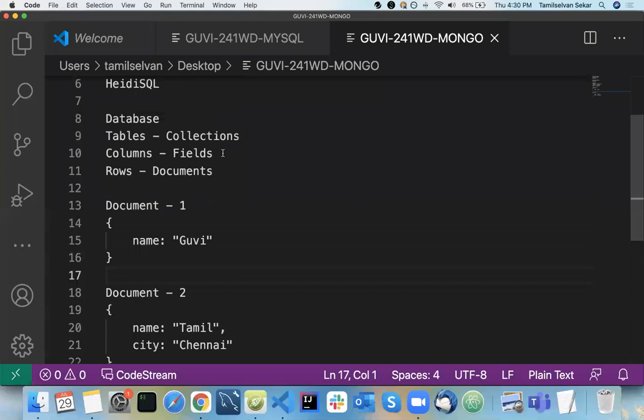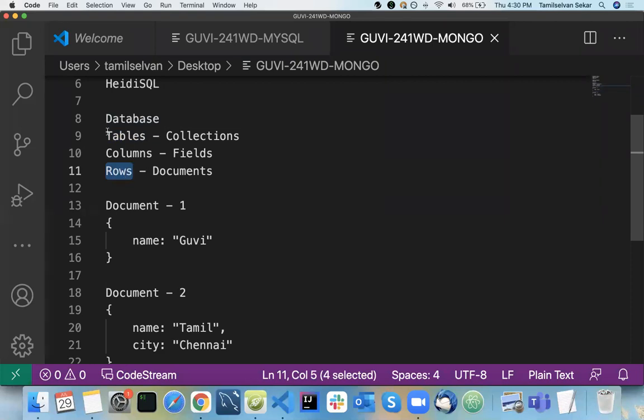I'll repeat once. If you are clear about MySQL, it's very easy. If you don't know MySQL, it's really tough. That's why first we took MySQL and then I took MongoDB, so it is easy to compare the databases. In MySQL we have tables, like a post table, and inside we have columns, for example ID, name, title, and body. Each table has some rows inside it, like when we insert some data: post ID equal to 1, title equal to something, and body equal to something.